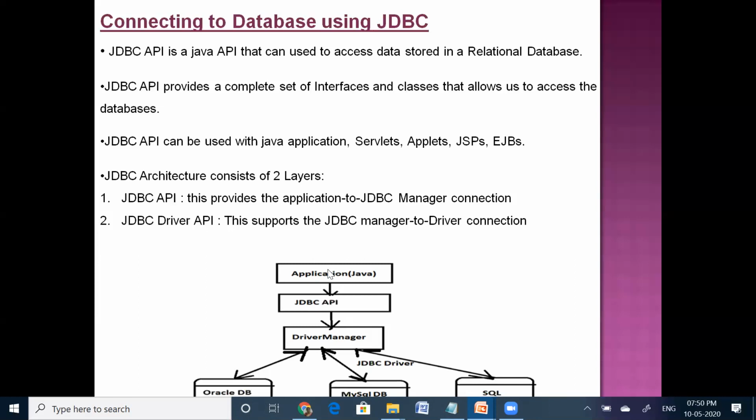So from the application to the database, these two APIs will be the mediators. The application will directly connect to the JDBC API, your JDBC API will interact with the driver manager, and your driver manager will connect to the database server for accessing. So this is the simple JDBC architecture.